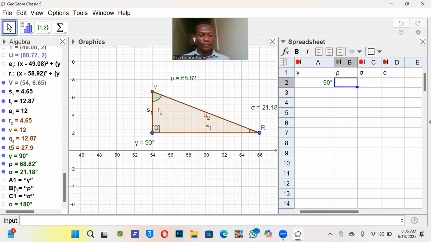Okay. So you tap on this red button to show them, right? So it means that 90 plus 68.82, when we add all the sums together, we are going to get 180 degrees, right? So this is how we use the input field and the spreadsheet to find the